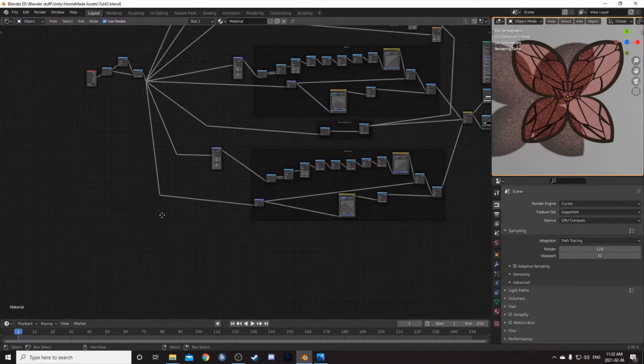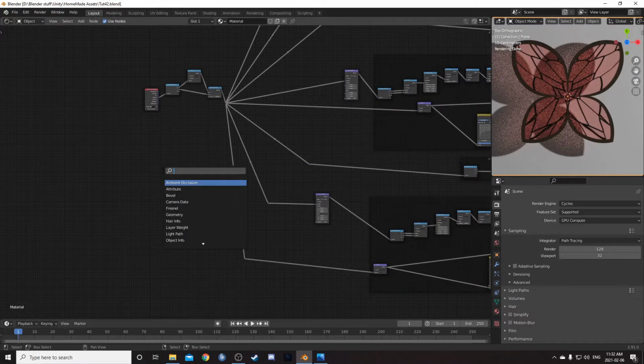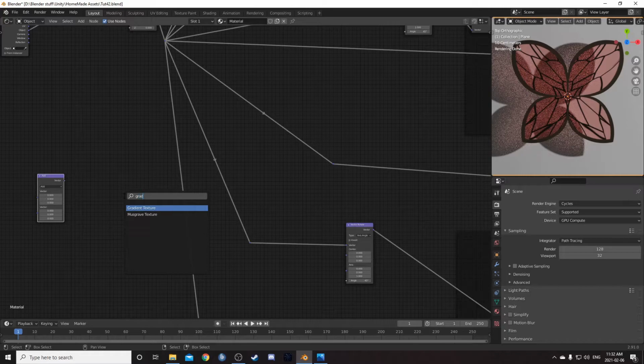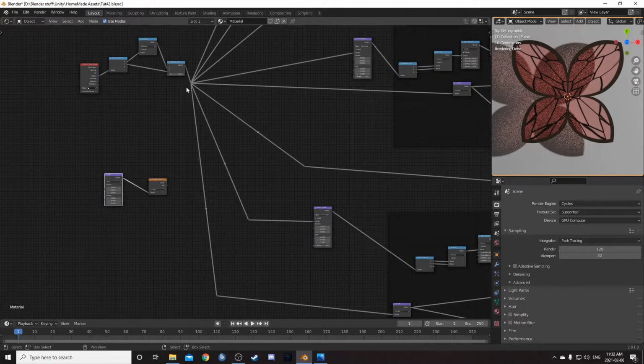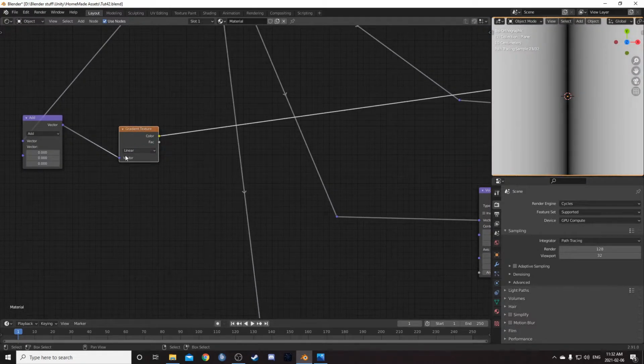So the last thing I wanted to do is kind of create a way to twist these wings. So the way I did that is just using a vector math node. So let's go ahead and bring that in. We'll just leave it on add, and then I'm going to bring in a gradient node. Place it right afterwards. Run this into the vector. And I'm going to take this reroute point and run that into the top socket there. So if you look at this here,